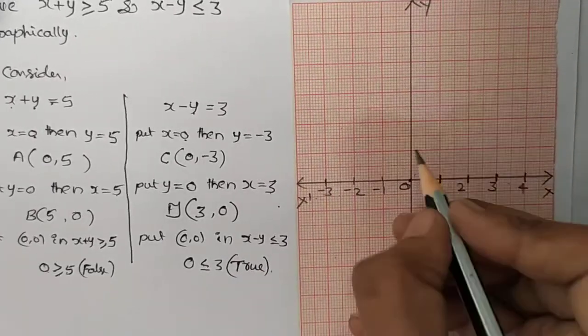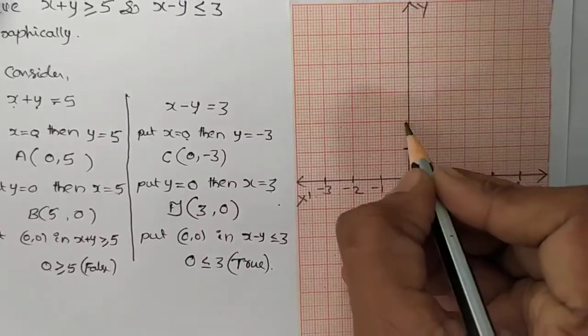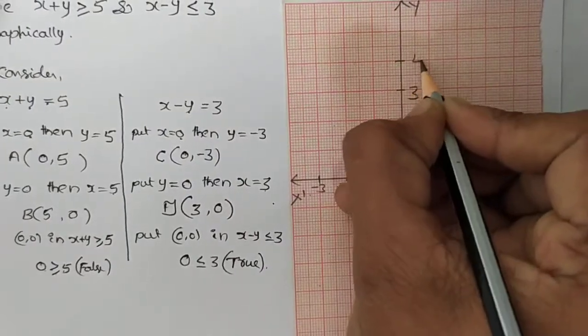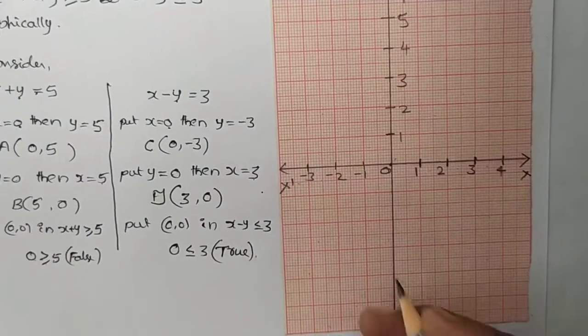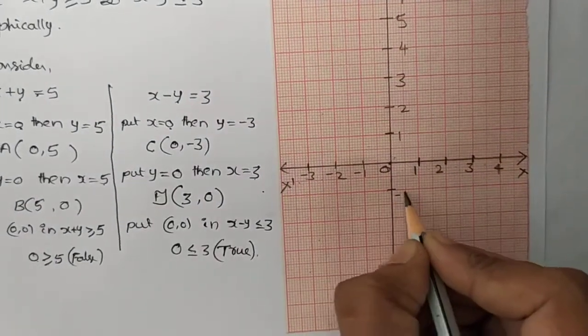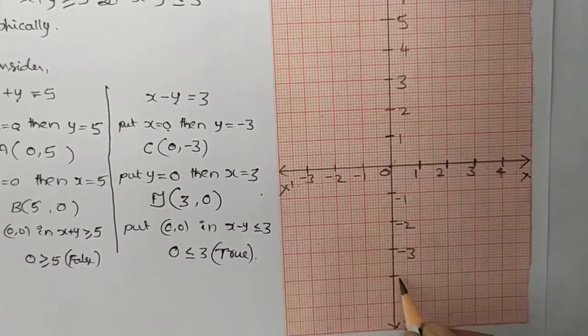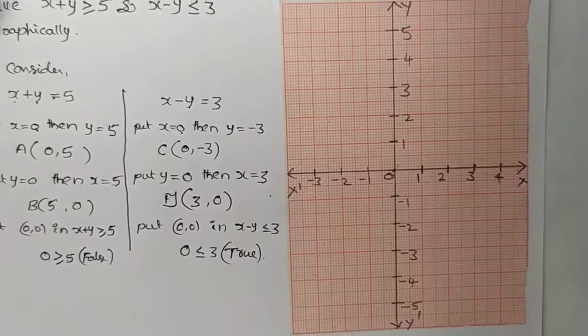Now take the values on the y-axis: 1, 2, 3, 4, 5. Take the values on the negative y-axis: minus 1, minus 2, minus 3, minus 4, minus 5. Okay, now